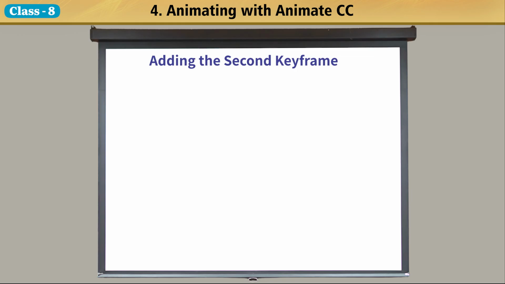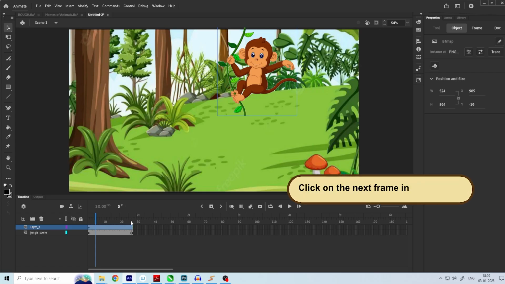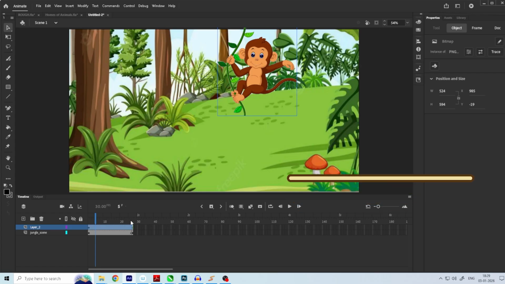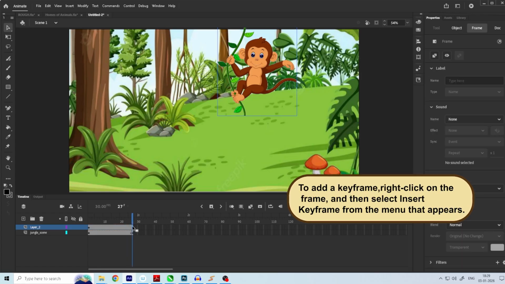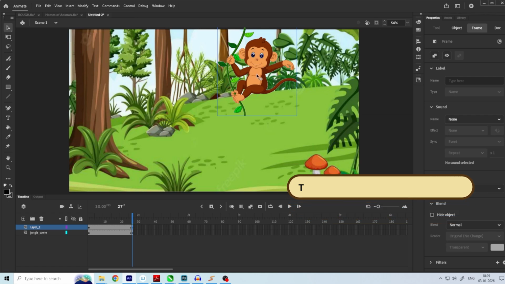Adding the second keyframe. Let's learn to add the second keyframe. Step 11. Click on the next frame in the timeline to add a keyframe. Step 12. To add a keyframe, right-click on the frame and then select Insert Keyframe from the menu that appears.